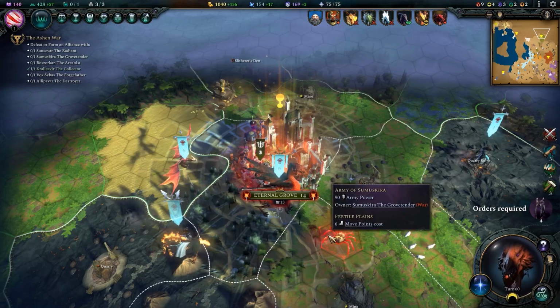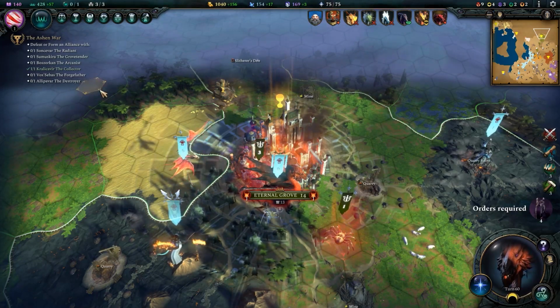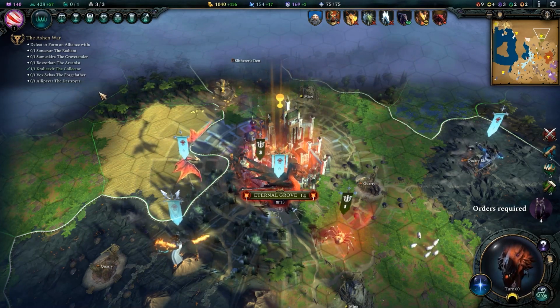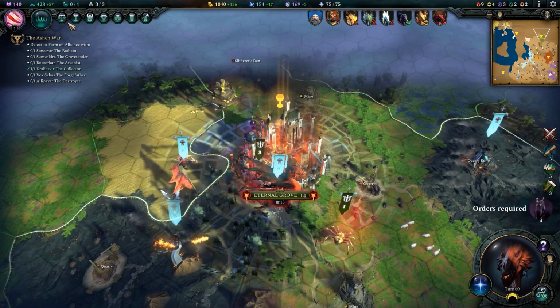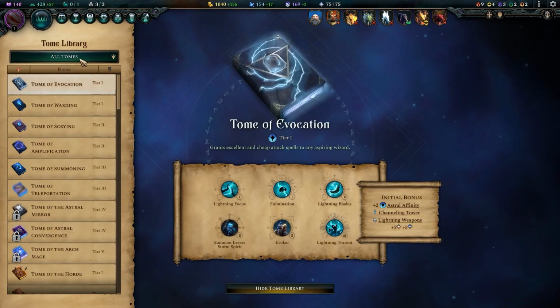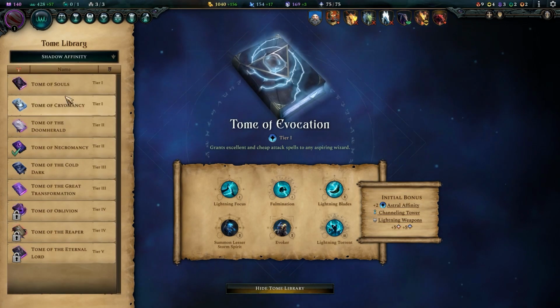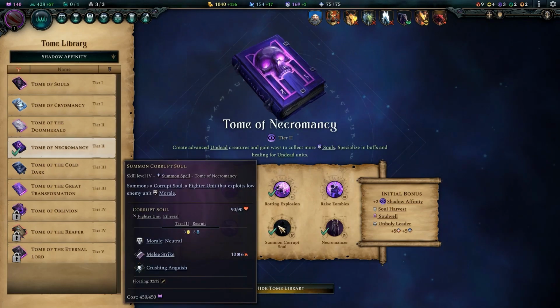My next tip is to use Corrupted Souls. It used to be that the Shadow Affinity had access to a few less undead units, but now if you wanted to, you could try and research the Tome of, I think it's Necromancy? Yeah, the Tome of Necromancy to get access to this really, really fun unit that's quite powerful because it can